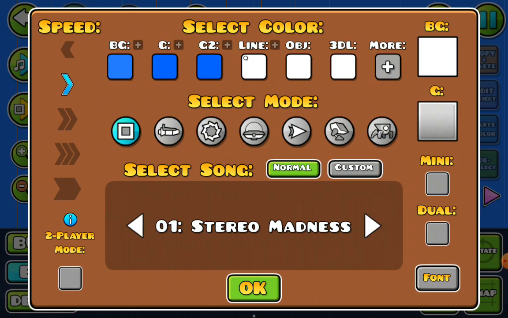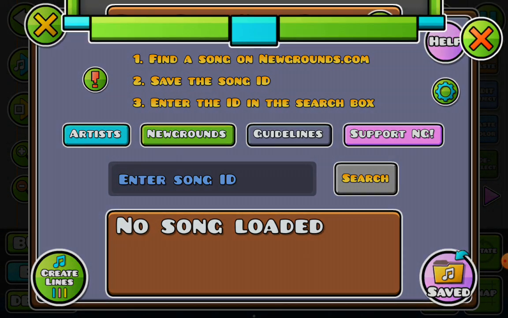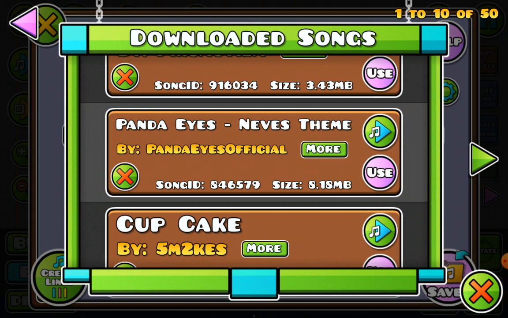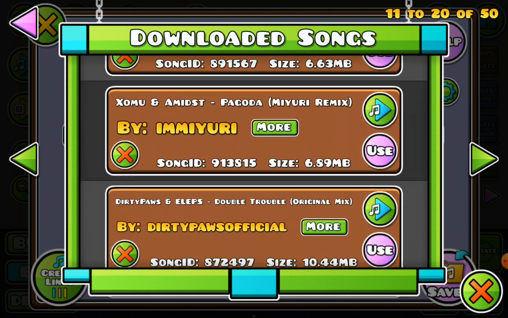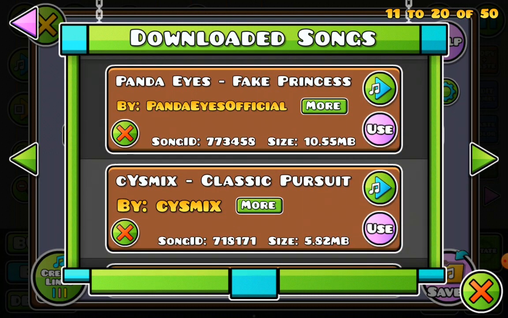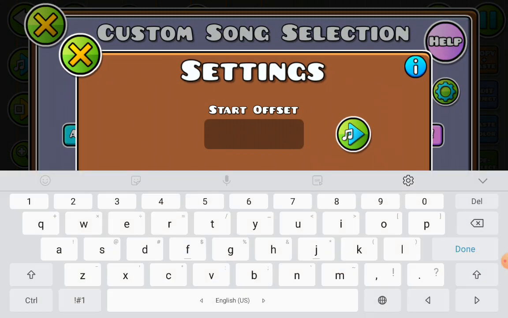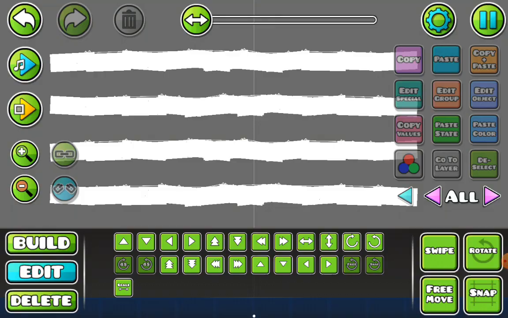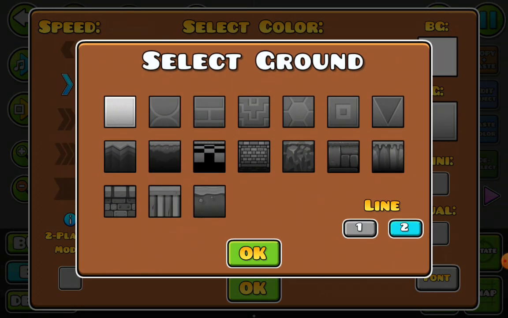We're going to change the background. We're going to make it gray. And I'm going to change this song because I hate Stereo Madness. Where's the one I was using? Okay, I love this song. This is a good song. We've got to put the offset, obviously. Anyway, now after we did that, I can set my ground